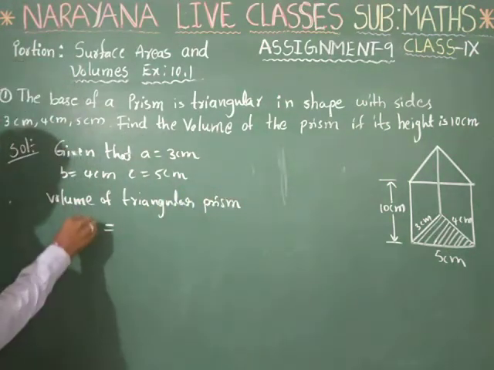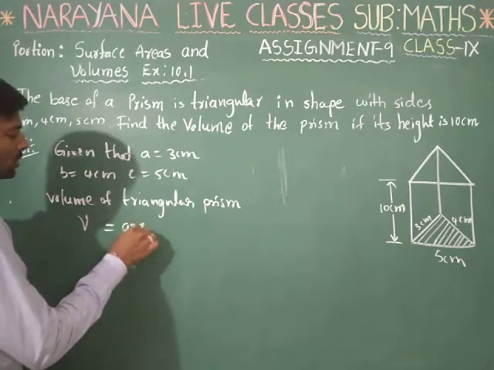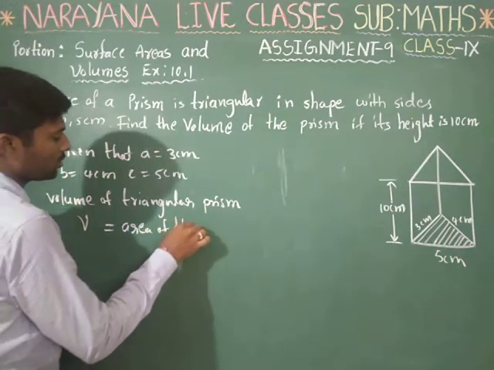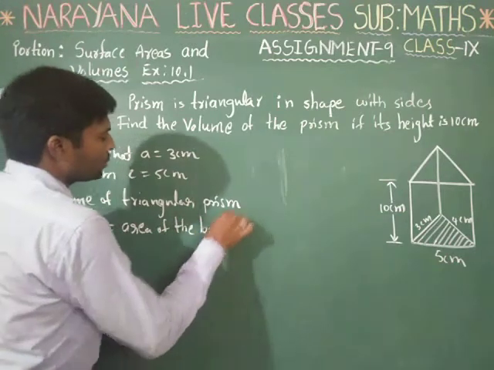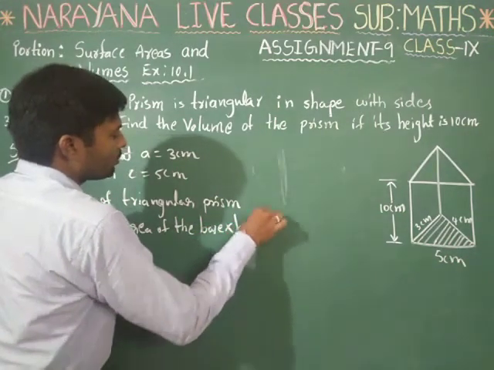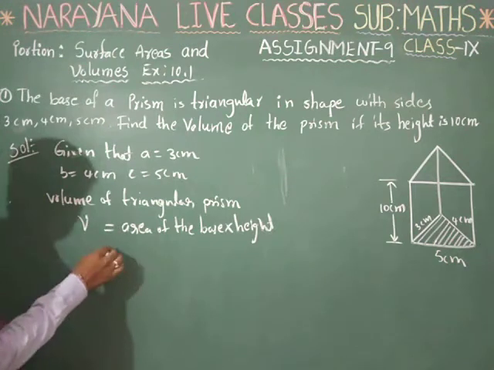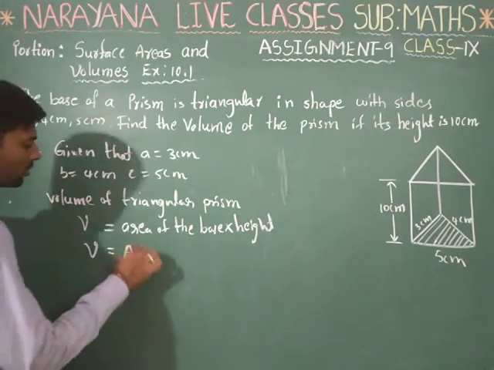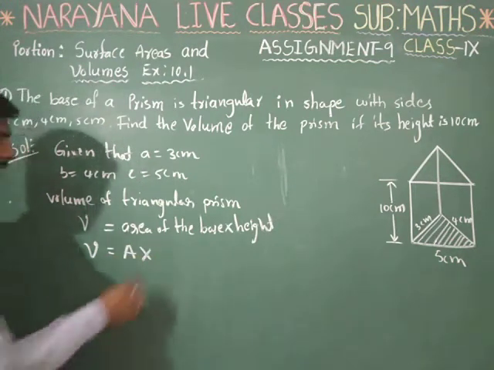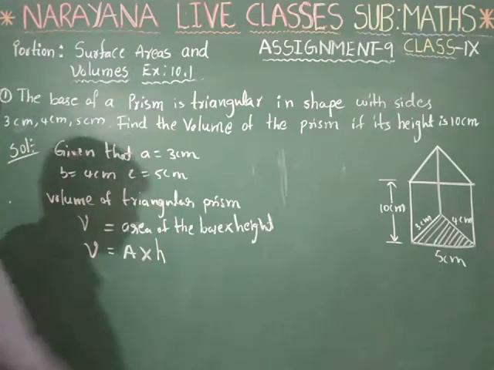V is equal to area of the base into the respective height of the prism. Okay, this is nothing but V is equal to capital A into H, the height of